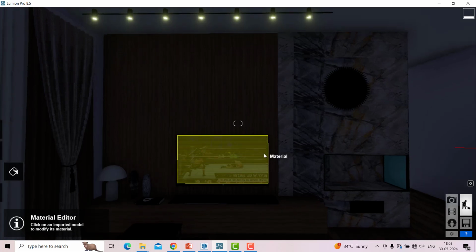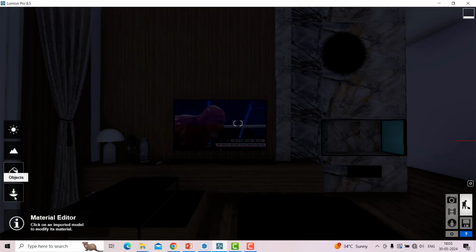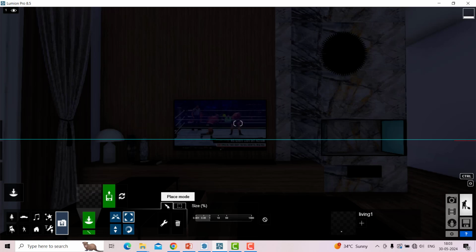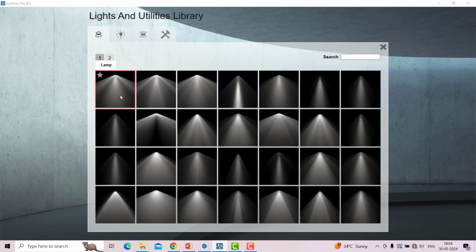For that we have to place the light, rectangle light. In the light we have so many types. For that, click on the object option. Make sure you are in the place mode and then we have light and utility. And then when you click on the light option, you will get the light icon over here. Click over that and then by default we have a spotlight. You can take whichever type of spotlight you want and then